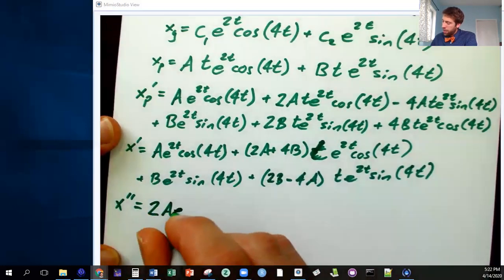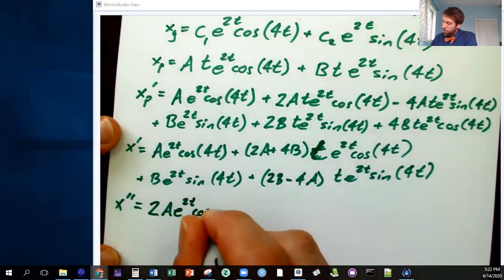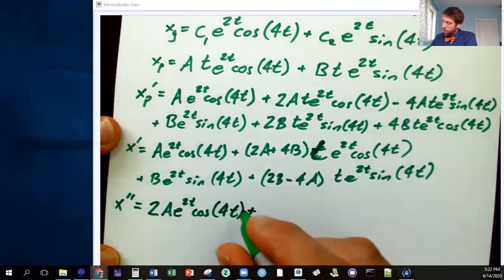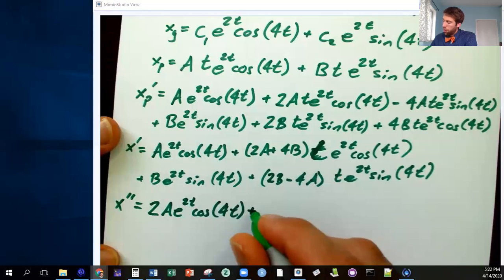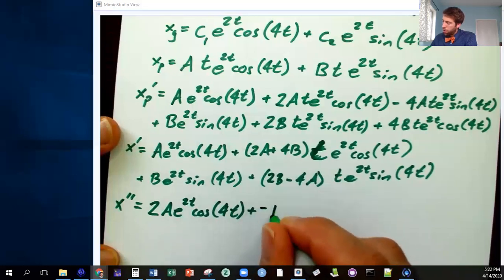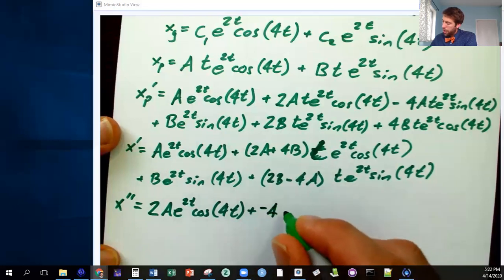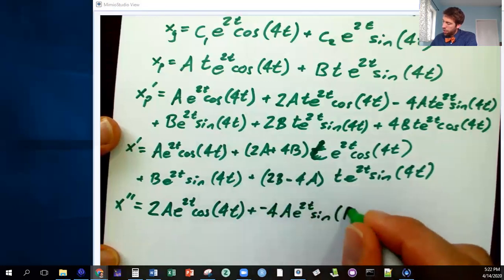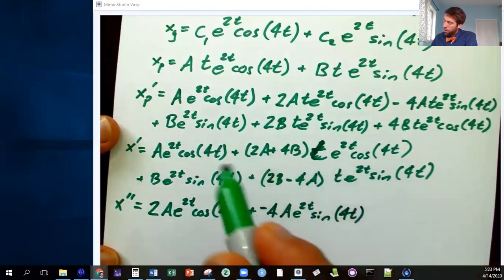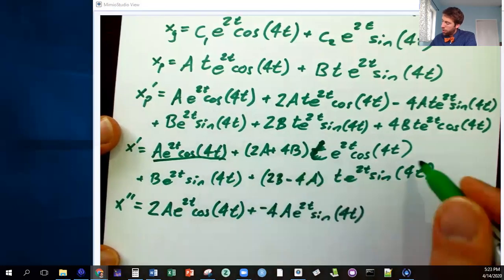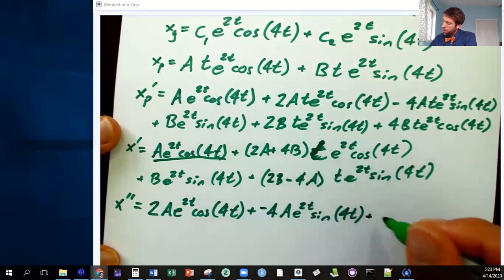2a e to the 2t cosine 4t, plus, product rule, the other one. No, not plus, minus negative 4a e to the 2t sine of 4t. Okay, so I did that one. Then I need to do this one. So plus